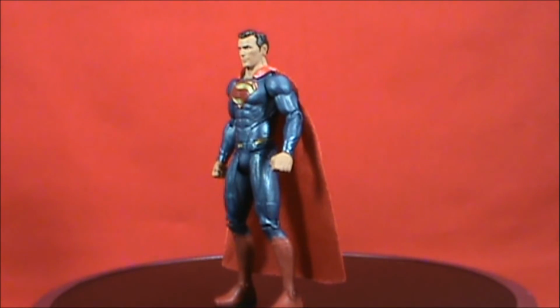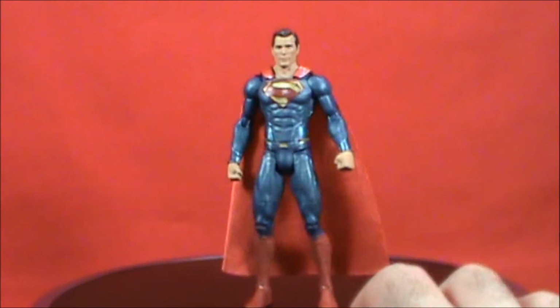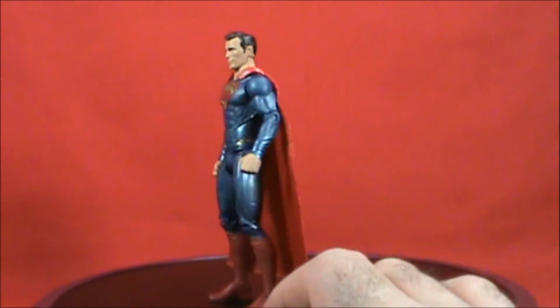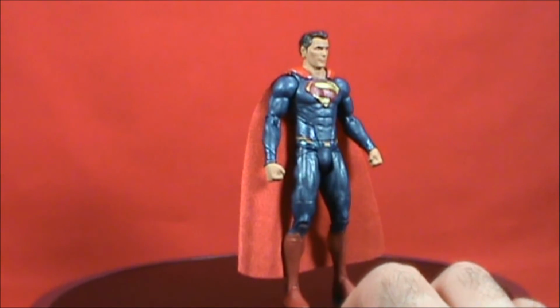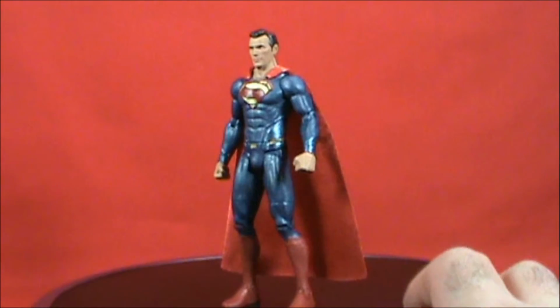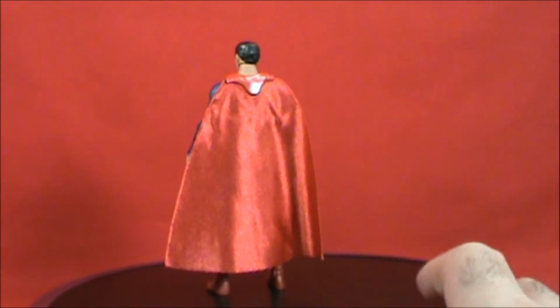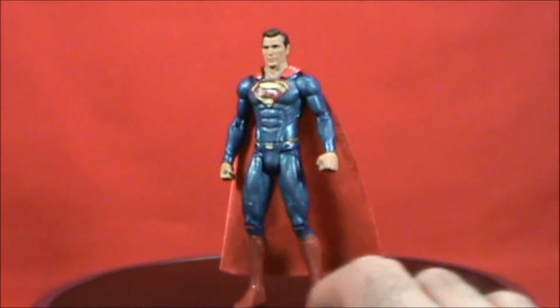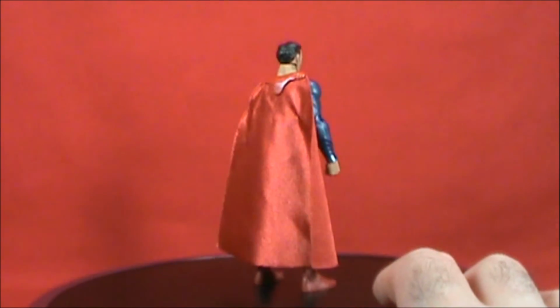look a little nicer in some respects, but it is stiff if you've got vehicles like the Batmobile or other play sets with characters that have capes. It's not as conducive to have. Like, I've seen people take the plastic capes and cut them off and put on their own cloth capes. So if you were planning on taking the cape off anyway, you can do a better cape than this, but I'm not saying it's horrible either